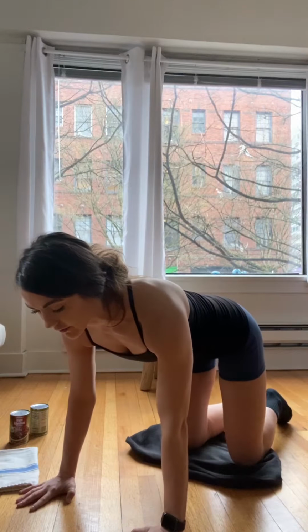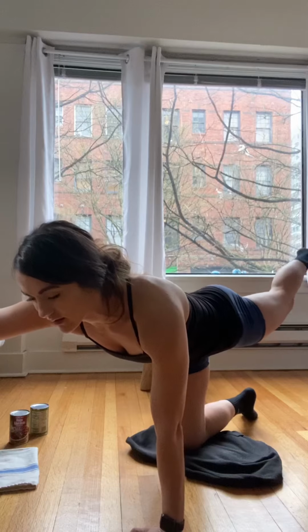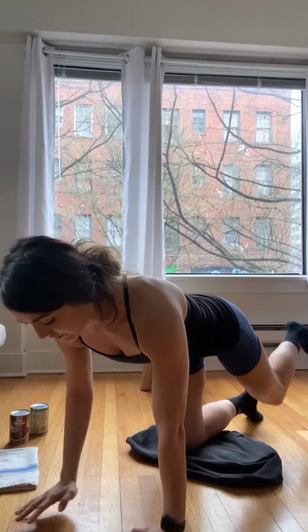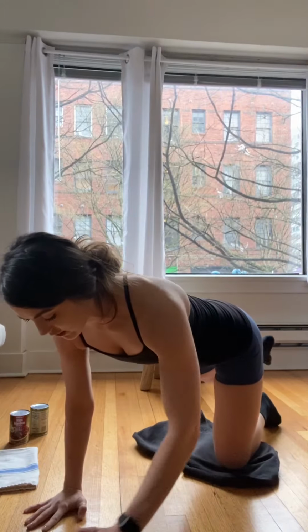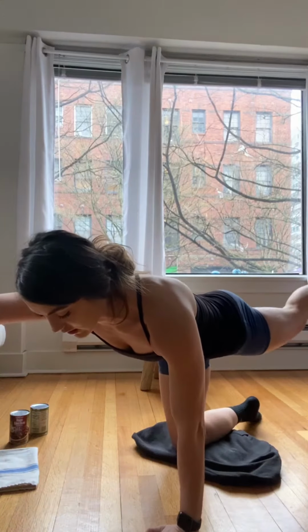All right, so we're going to start by reaching out our right hand and our left foot. Kick that foot out so that your glutes lift, heel goes up towards your hip height, and then you go right back down. Switch sides here. Give me 10 on each side,